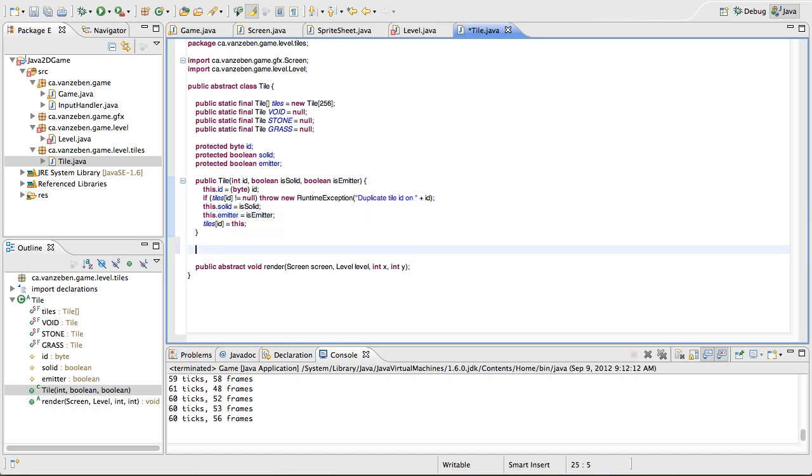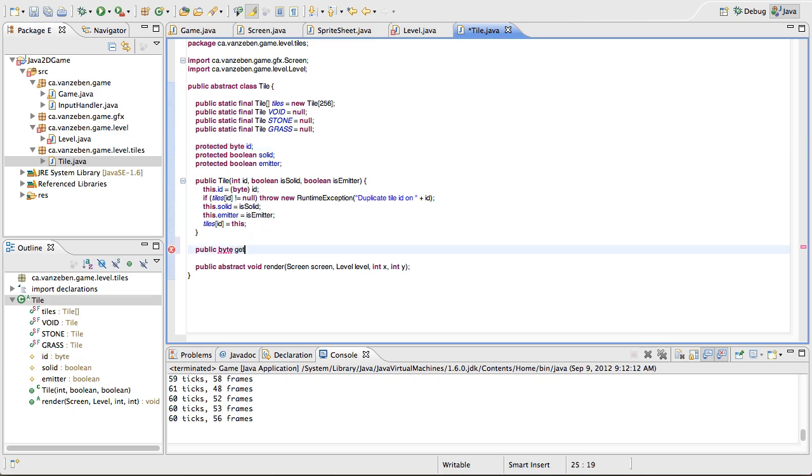So there's that. Next we're going to need a couple different, since these are protected, what protected means, I didn't go over that, sorry. What protected means is it's not public. Public is anybody can look at this and see what it is. Private is only this class can see what it is. Protected is any subclass of this class can see these values. So if we make a basic tile, which we will, that can see the value of ID, but level won't be able to because level doesn't extend this tile. So that's